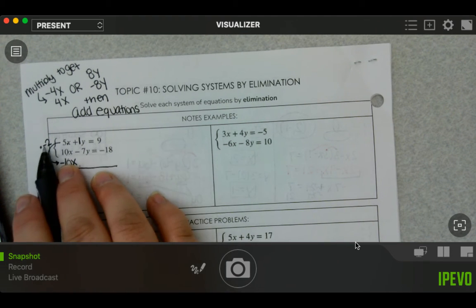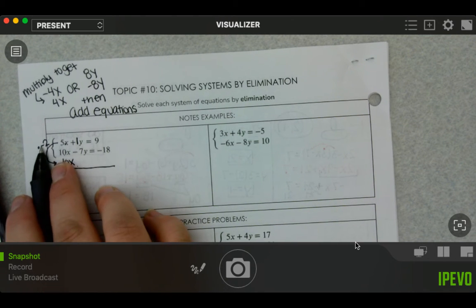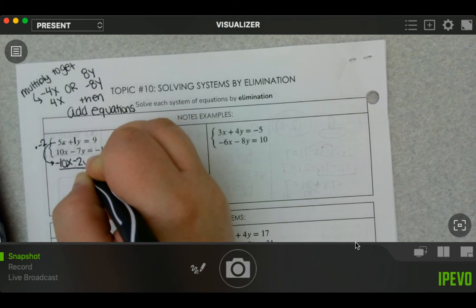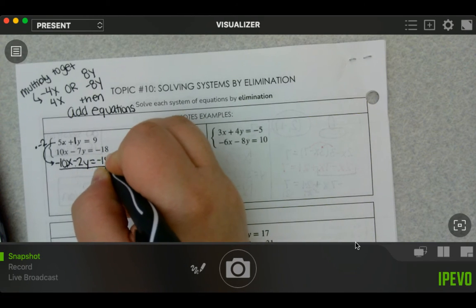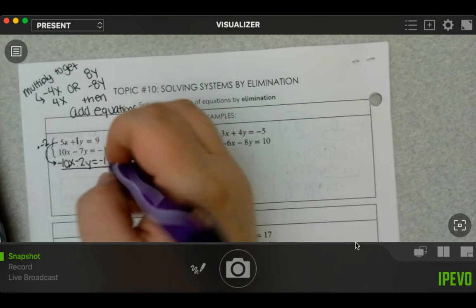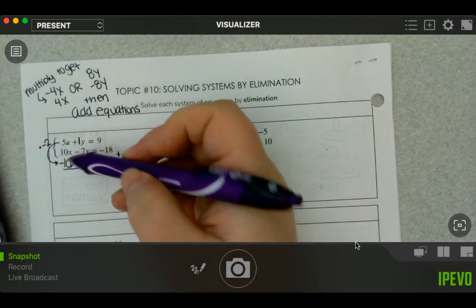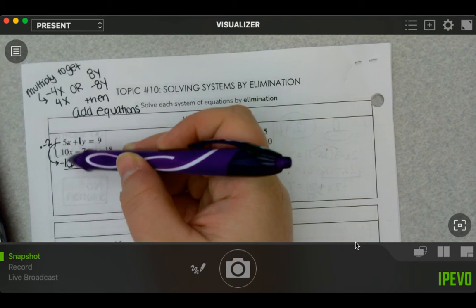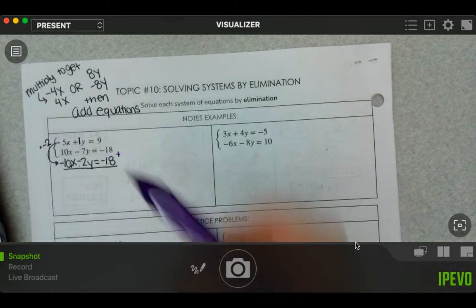Now, 5 times negative 2 is negative 10. That was kind of the whole point. Negative 2 times 1y is negative 2y. And negative 2 times 9 is negative 18. Then you are going to add these two equations together all the way across. So you'll notice your x's line up. Right now, 10 minus 10 is 0. Negative 7 minus 2,